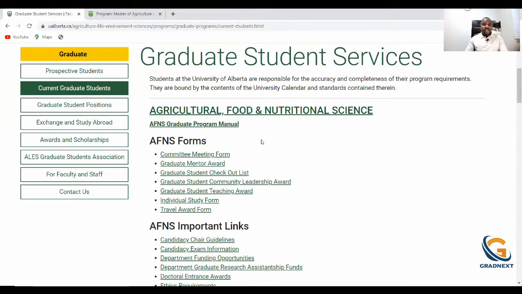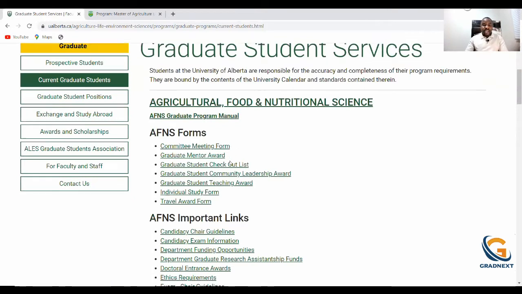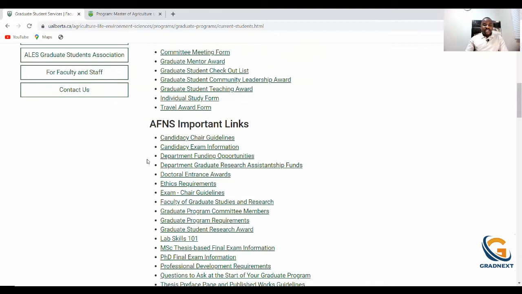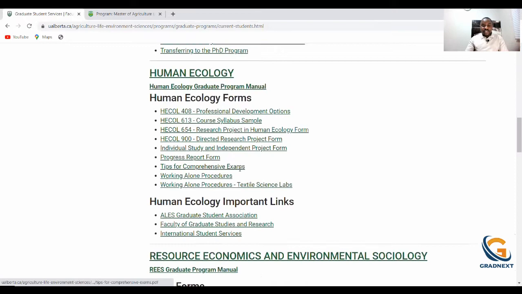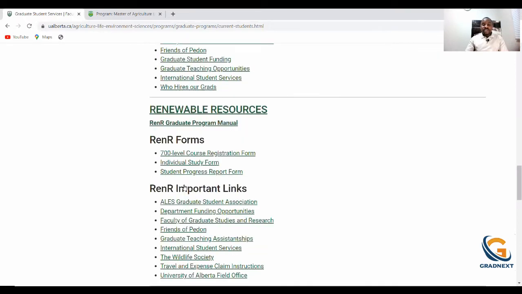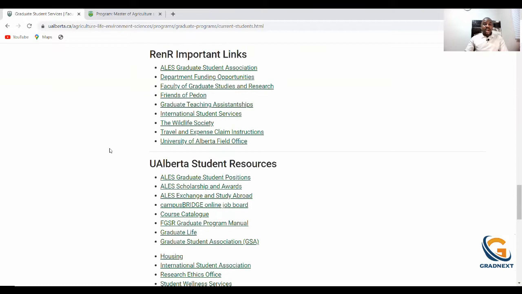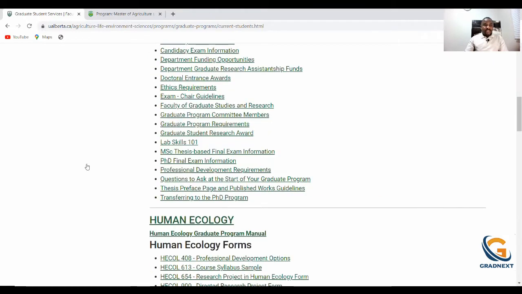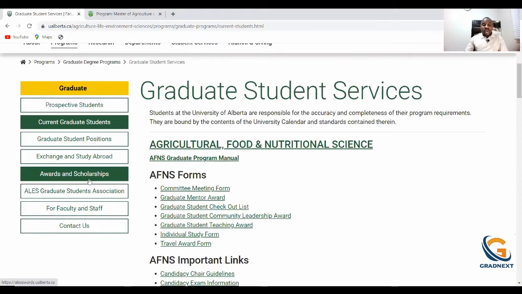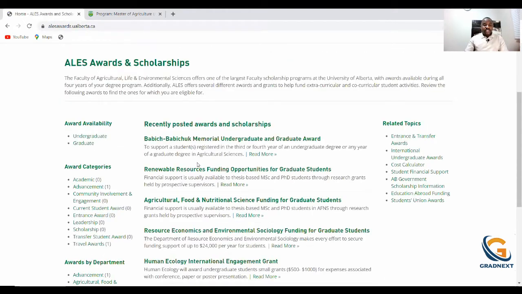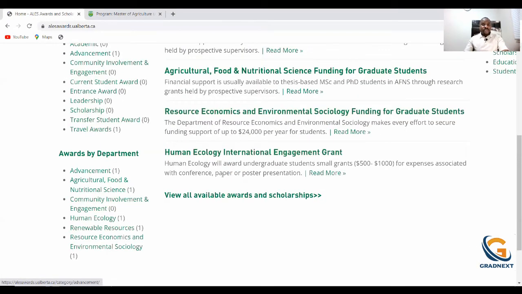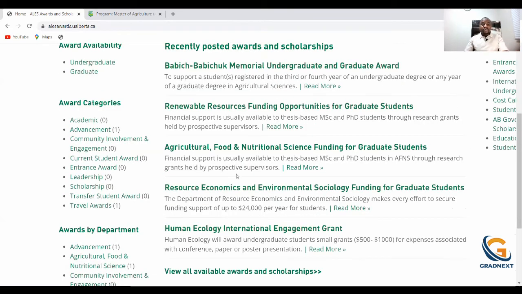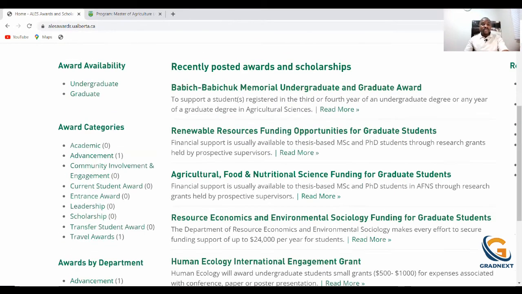And on the departmental website, you're going to see a lot of things, right? For example, you see a lot of these are for students that are already in the program. So in terms of the courses they offer, all of the different links, right? What you want to go to is search for where they talk about awards and scholarships, right? So if you click on awards and scholarships, then you're going to see the different scholarship opportunities that are available, right? So you can just browse through, read as much as you can just to kind of understand